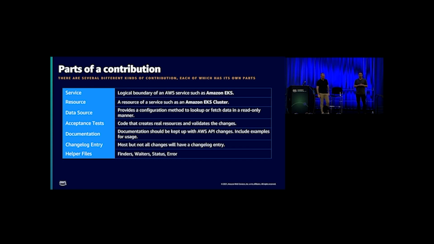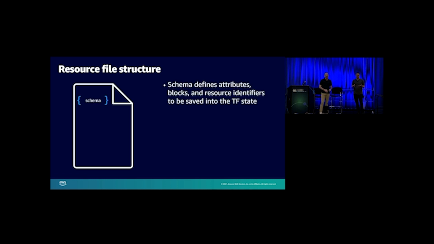So the example, and probably the most common thing in Terraform, is resources. So let's look at the structure of the file. This is common across every file. You can expect to see the exact same format in every single Terraform resource. So everything starts with the schema. The schema is essentially the skeleton of the resource. This is where you define your CRUD operations, and then also the attributes that can be added. We're going to look at an example of that, so that you can start seeing what the actual code looks like very soon.